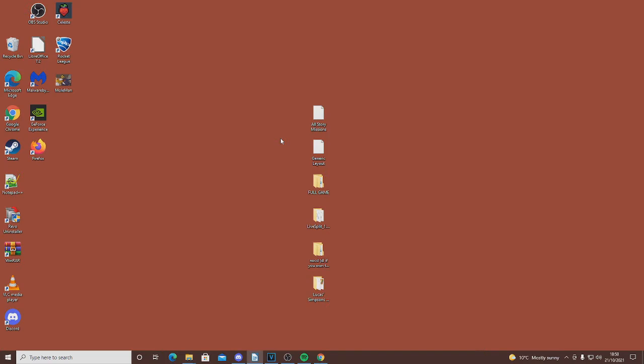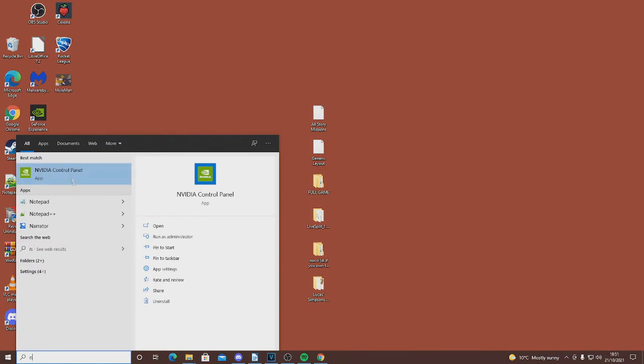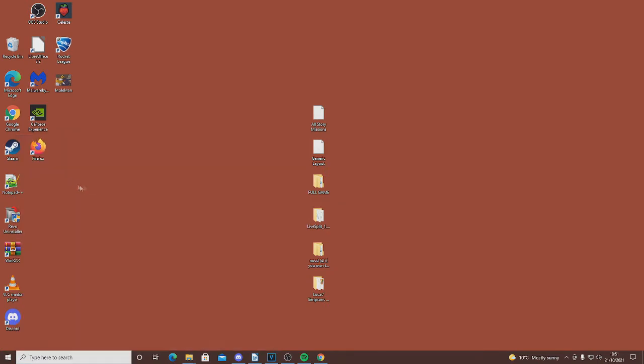If you don't currently have an NVIDIA control panel or an AMD panel, you can download them online or via the Microsoft Store. I'll provide a working link in the description of this video for both of them. As I have an NVIDIA graphics card, I will do this for the NVIDIA control panel. If you need a tutorial for the AMD panel and their enhanced sync option, I'll provide a link in the description. Navigate to the NVIDIA control panel through the Start settings.